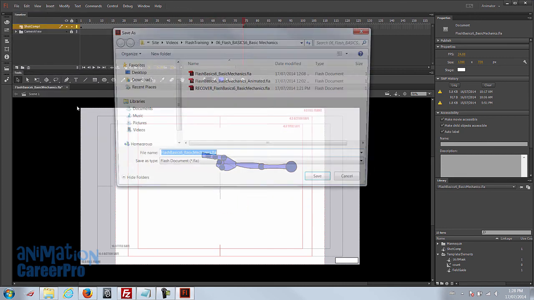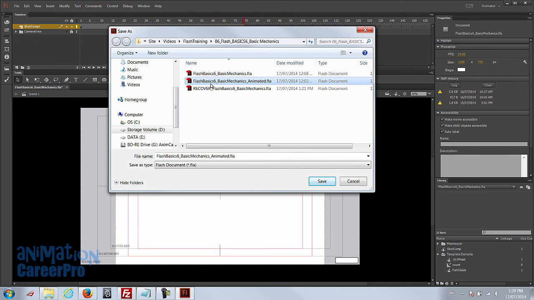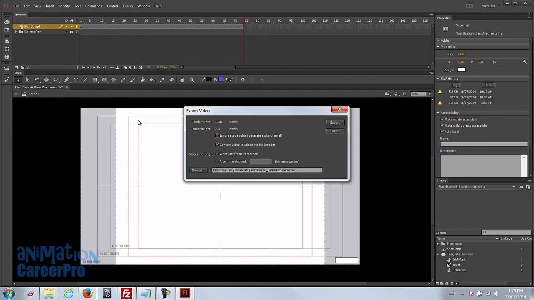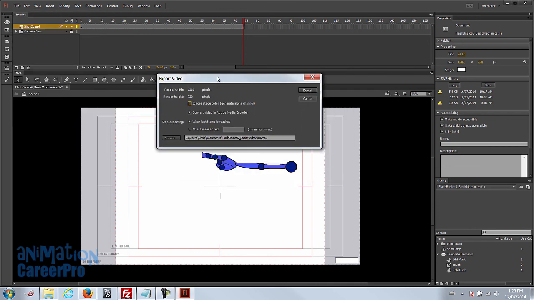You don't want to save over this file. Go to Save As and save it as Flash Basic 6 Body Mechanics Animated. So same name as the original file, but just put an underscore animated at the end so we know it's animated. Save that for yourself, and we're going to export a movie. So go to File, Export, go to export video, and in the export video settings you should have convert video in Adobe Media Encoder checked, and stop exporting when last frame is reached. So make sure it looks just like this, and export,